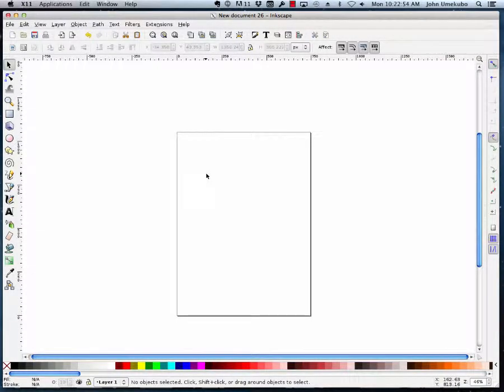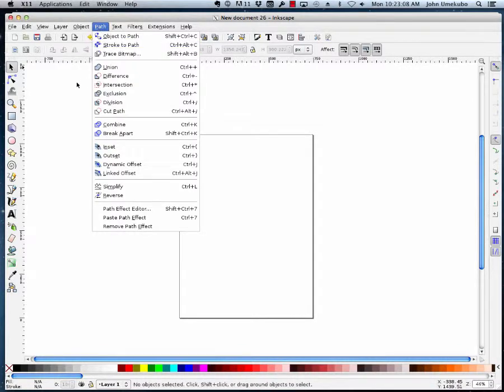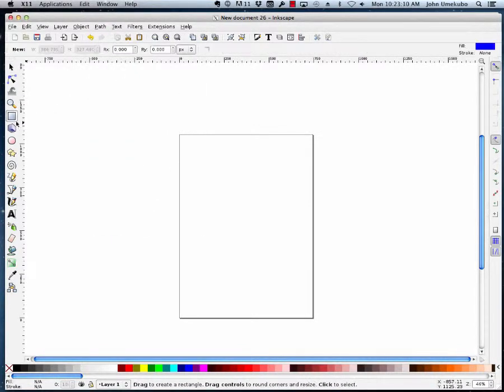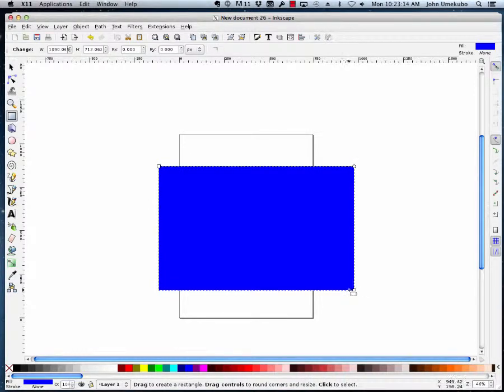Okay, so in the previous videos I mentioned this idea of path, and so what I want to do with this video is to take a look at shapes and how shapes differ from paths directly. So if I were to take a shape like a rectangle, and I would just make a big rectangle here,